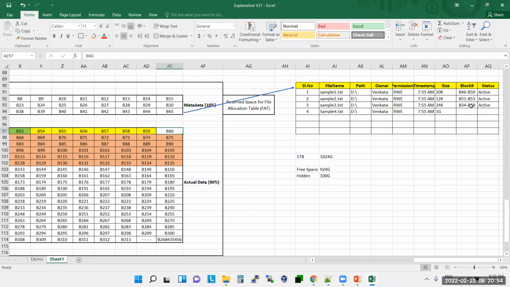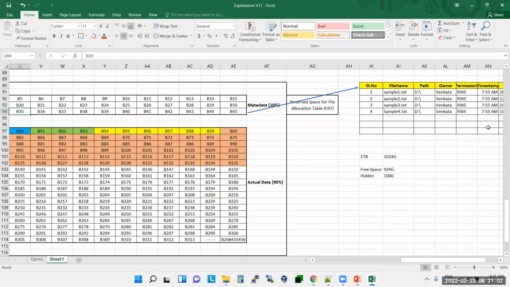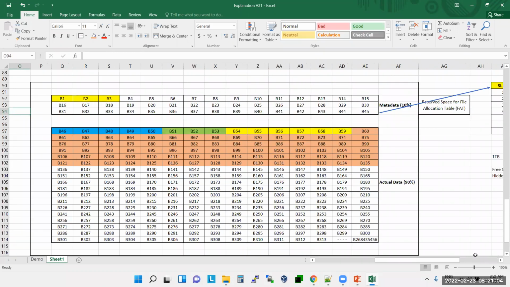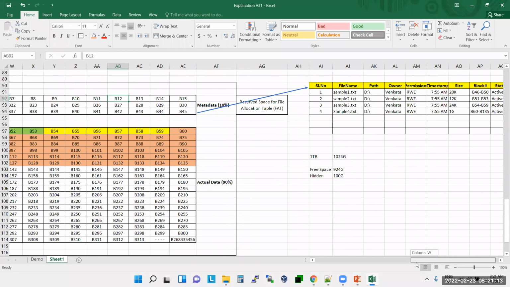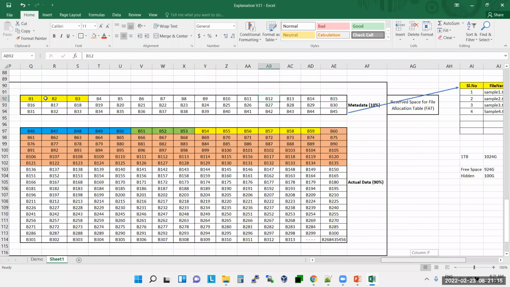From B60 to B135. Understood? Yes, sir. So it means the entries will be stored at the end in this table. Clear now? They got it, sir.